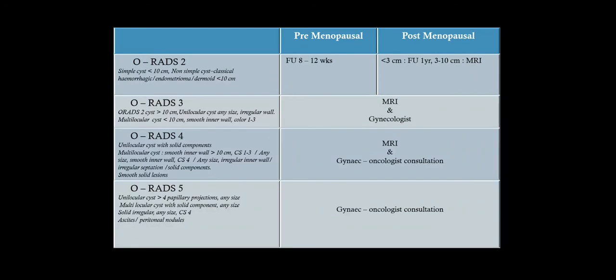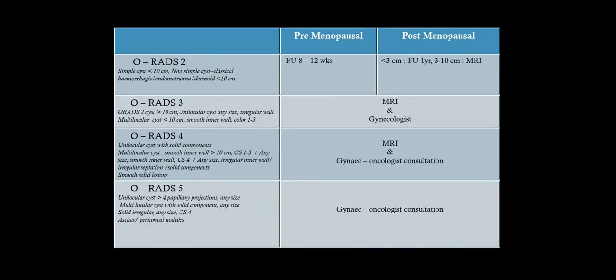O-RADS 4, unilocular cyst with a solid component, multilocular cyst with a smooth inner wall greater than 10 centimeters in size, color scoring of 1 to 3, or multilocular cyst of any size with smooth inner wall having color scoring of 4, or of any size having an irregular inner wall, or multilocular cyst with an irregular septation or having solid components, and smooth solid lesions, all would be O-RADS 4, and they will need MRI and a gynec onco